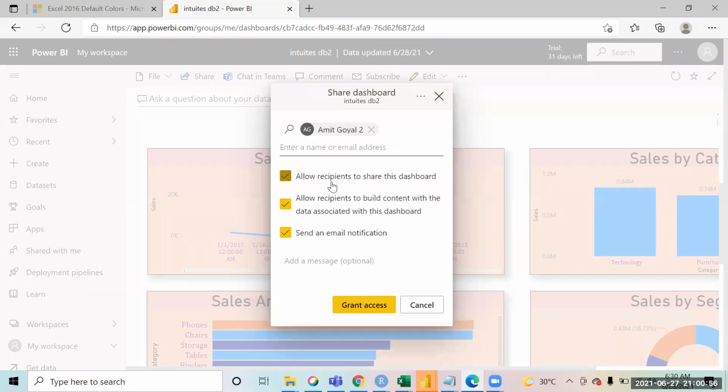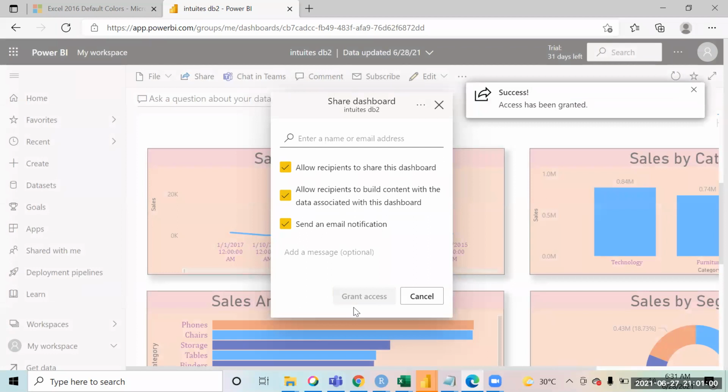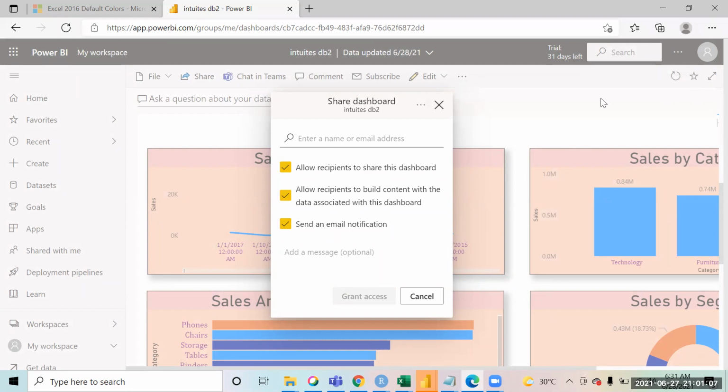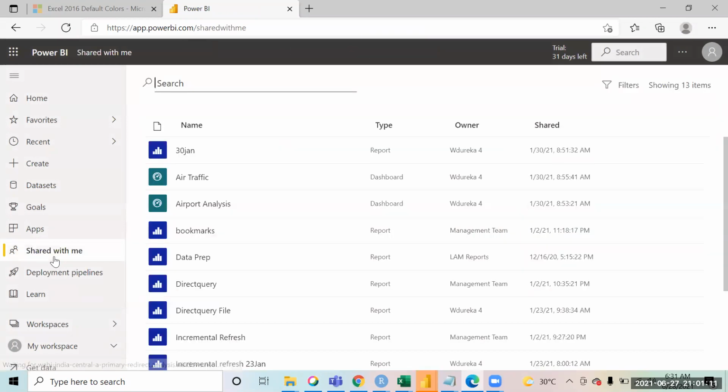So I put this email address and say grant access. Now this person will receive an email that a dashboard has been shared with him. When he opens his Power BI account, in the Shared with me section he will find all the dashboards that I shared with him, all the reports and dashboards.